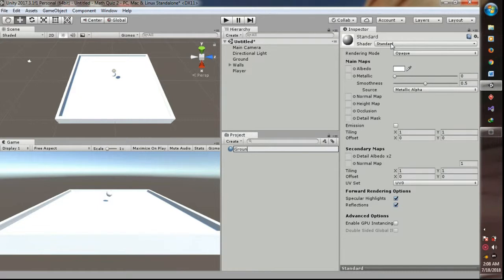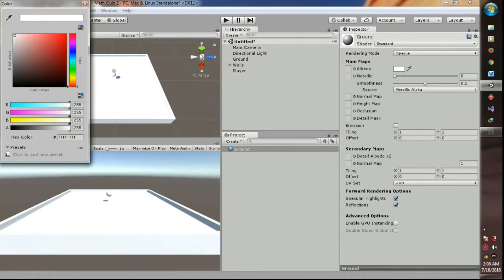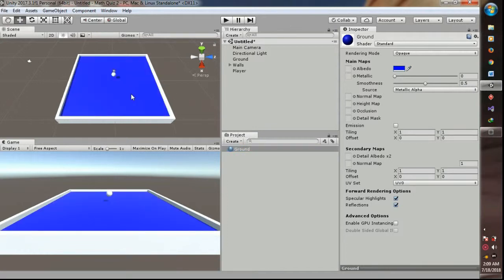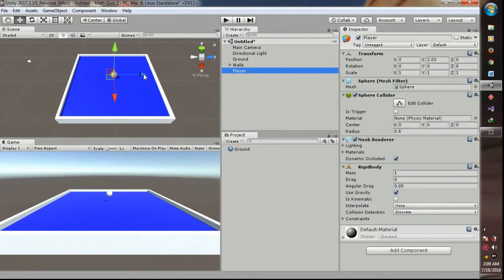It's for coloring the ground. We rename it Ground and set the color to blue, or any color you want. And with a long click, left click, put it on the ground, and the color is changed automatically.